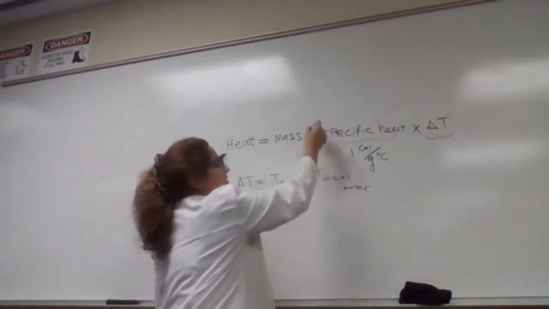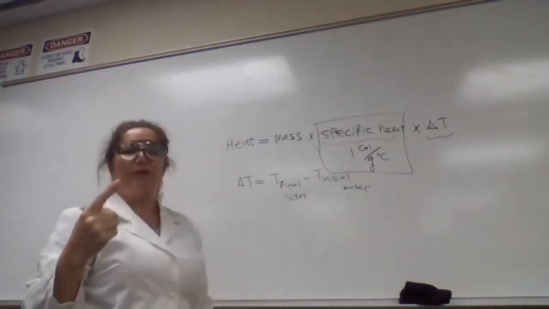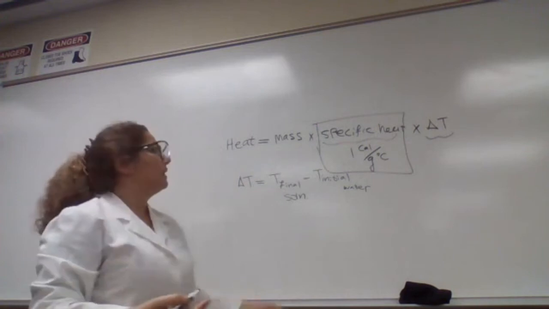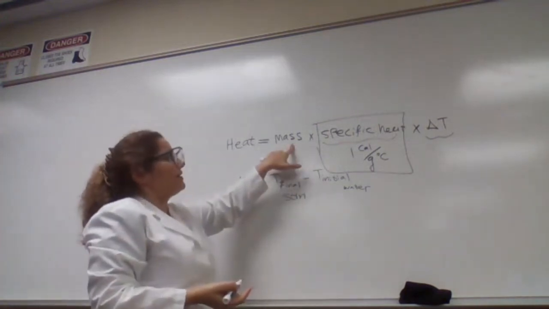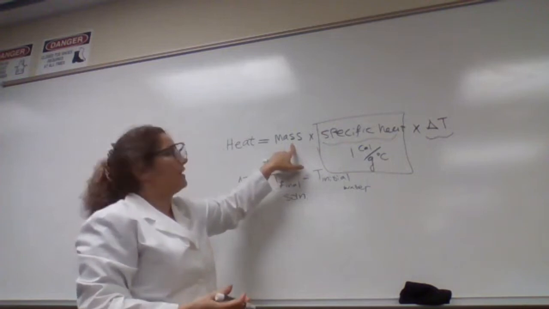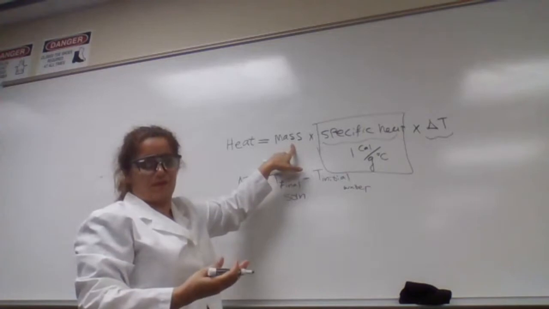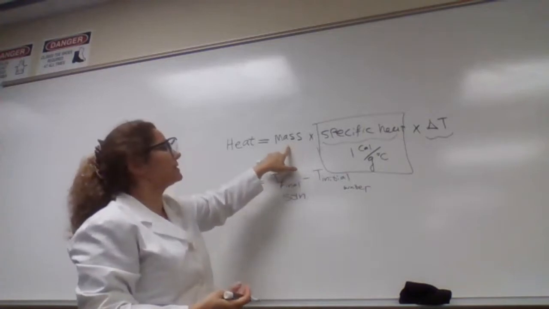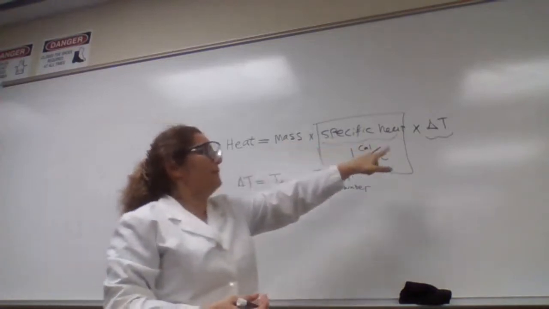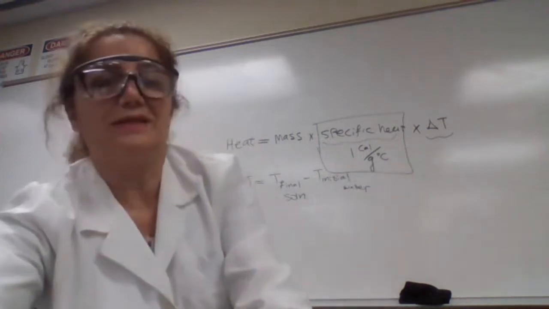So if this number is only for 1 gram and only for 1 degree Celsius, the more mass you have, the more heat you need. If it's for 10 grams, you would need 10 times as much heat. If you have 100 grams, you would need 100 times as much heat. And it also depends on the delta T value,